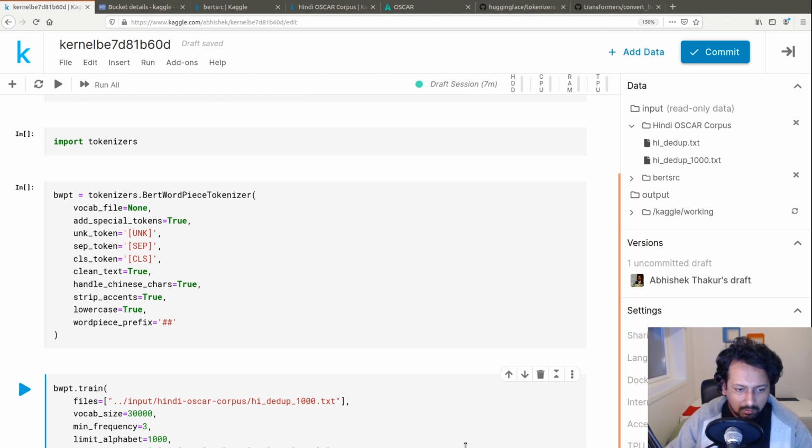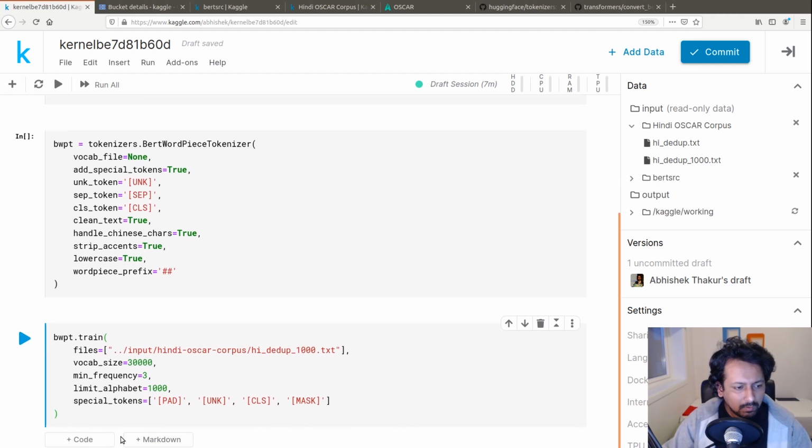So you got all these tokens, and if you have seen the BERT base uncased vocab, it also has some unused underscore tokens, so you can add them here. So let's say unused underscore 0, 1, 2, 3, but I'm not going to do that. You can add as many unused tokens as you want if you want to extend the vocab at some point. So once you have done this, your tokenizer model will train,